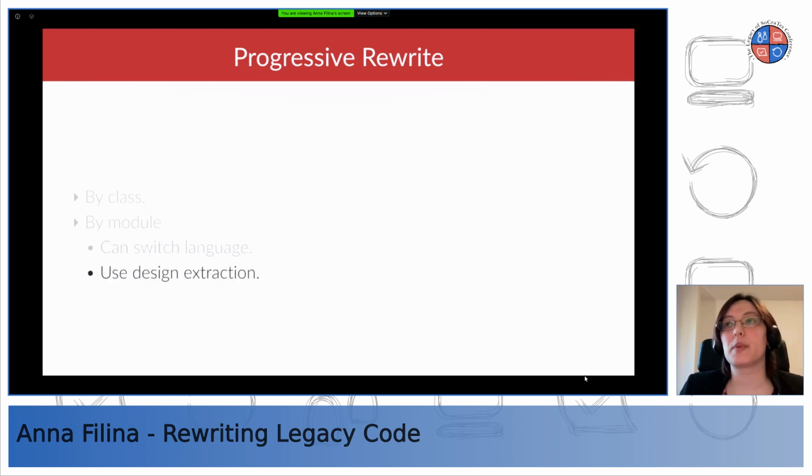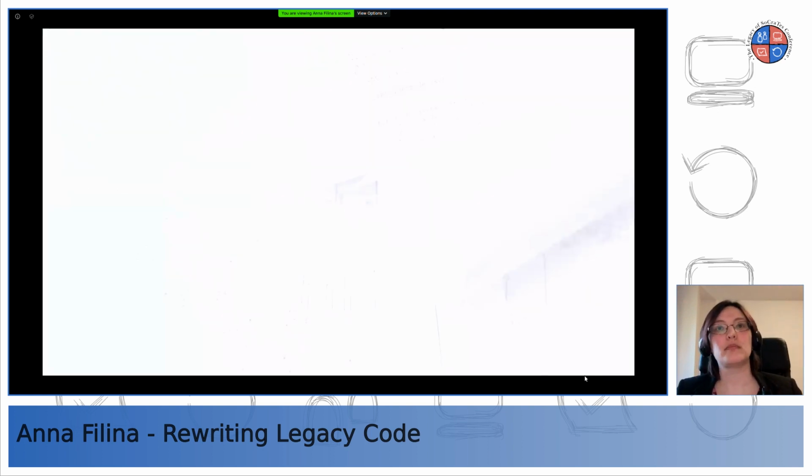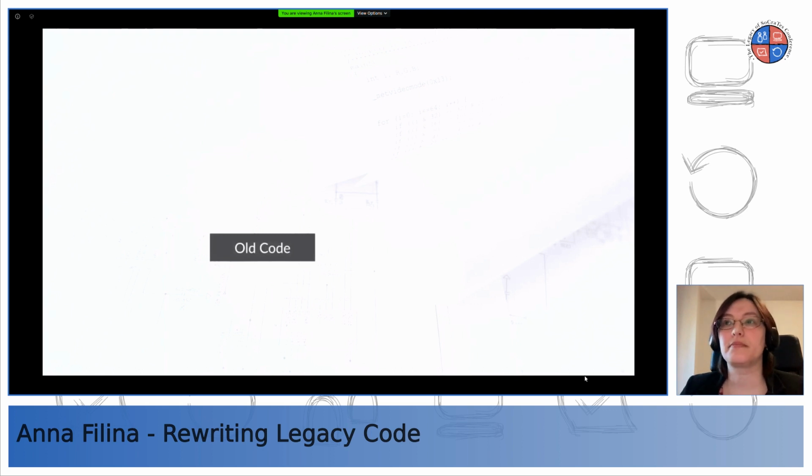When you do a progressive rewrite, what you don't want to do is a one-for-one migration of the code. What you want to do is what's called design extraction. It's a way to avoid being biased by how the code is working, because it might have things in there that are poorly designed or no longer used. So what you do is you take the old code and then you extract the design.